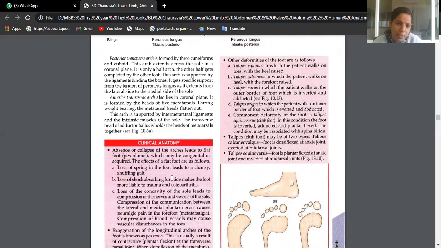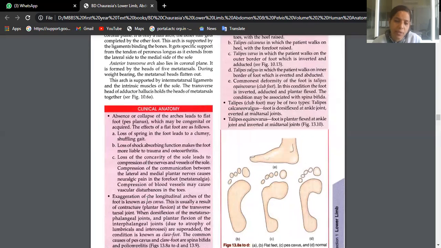Obviously, so many functions are there with the arches of the foot, isn't it? They give protection to underlying structures, they help in walking, running, jumping, whatnot. So all this effective work of the foot is very much disturbed, and the weight-bearing capacity of the foot is also disturbed, and the structures will directly come on the ground and get compressed. The blood vessels like the medial and lateral plantar vessels and nerves get compressed, because of which the person will have pain along the distribution of these nerves and vessels, metatarsalgia.